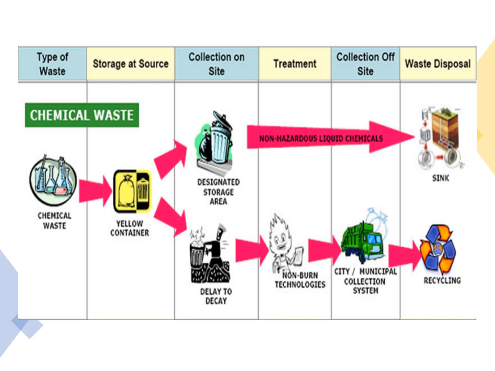Our chemical wastes are classified into two, the hazardous and the non-hazardous chemical waste. For non-hazardous chemical waste, there is no need for treatment, so they are flushed directly in the sink or under the drain. And for hazardous chemical waste, they have to undergo treatment such as using non-burn technologies. Once they are finished performing the treatment, the city or the municipal collection system collects the chemical waste and they are off for recycling. A hazardous chemical is recycled if it is used or reused as an ingredient in a